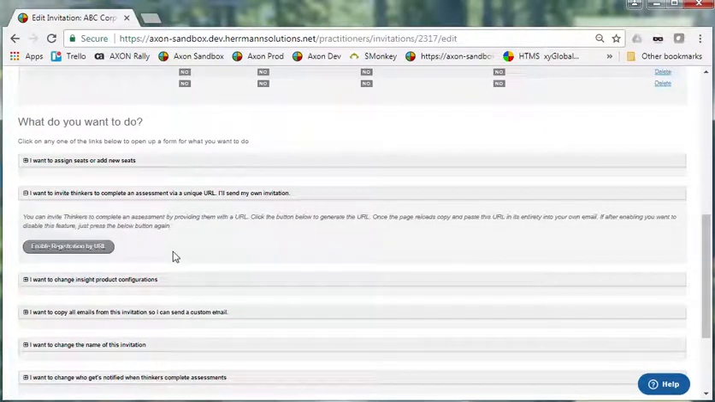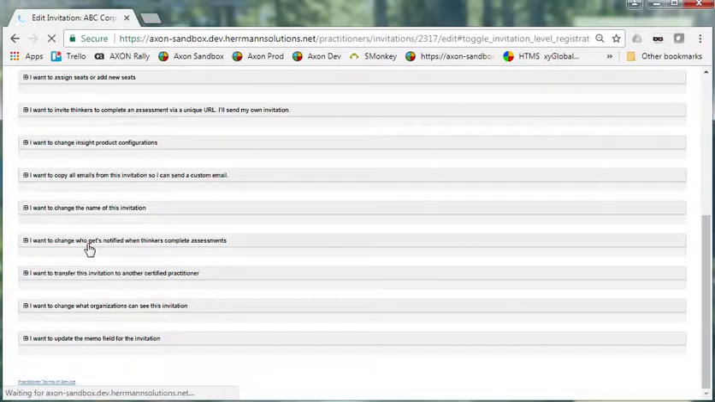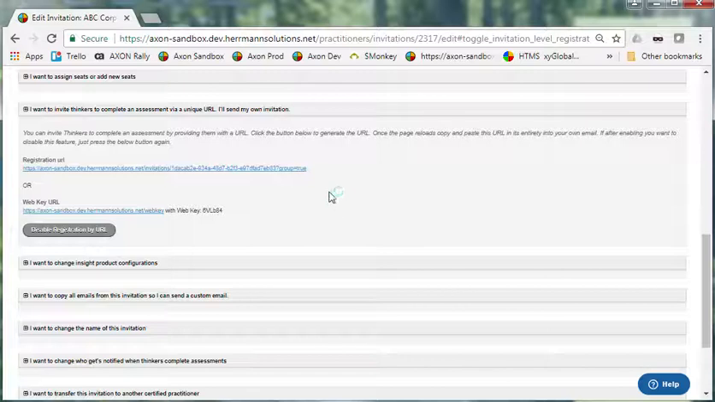We would like to enable registration by a URL, so we're going to click on that button, and then I have two choices. I can either send in my own email that I'm going to create a registration URL, that's this long piece of information. Included in that set of numbers and letters is the fact that this invitation can be used 15 times and only